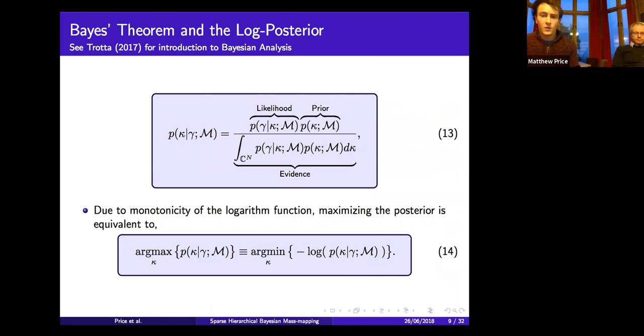So fine, what's your convergence estimator? In a Bayesian setting, I guess the best, in terms of it maximizes the posterior odds, solution is the one that maximizes the posterior. Because of the monotonicity of the logarithm function, that is the same as finding the solution kappa which minimizes the negative log posterior, which is just what's given by equation 14.